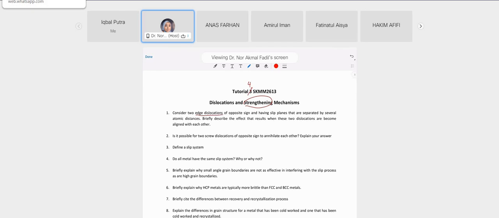First you need to know what is edge dislocation. So edge dislocation, if we look at the atomic scale, involves an extra plane in the crystalline solid. For example, if we have